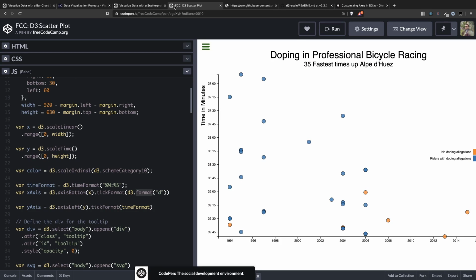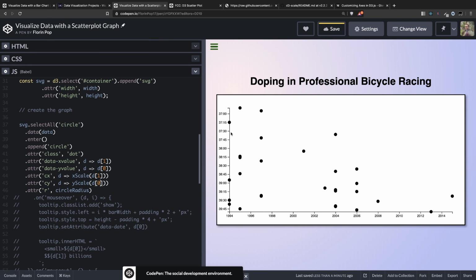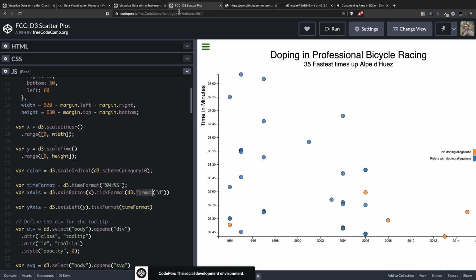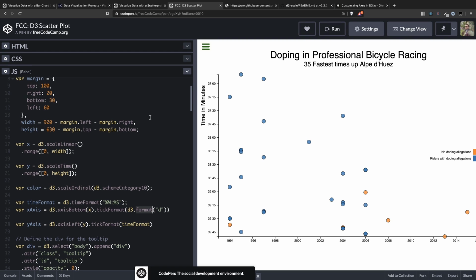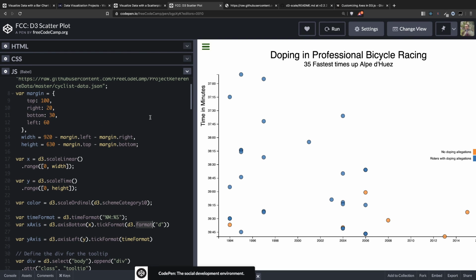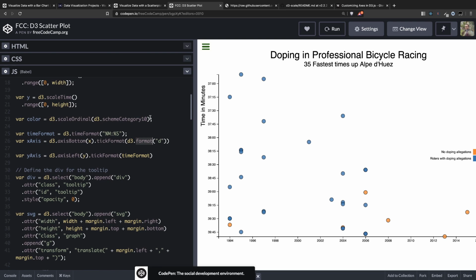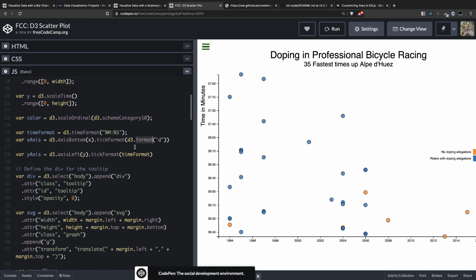One thing I see here, that this 1994 is right a little bit. Ours is exactly on this bar, which is not that great. What did they use to do just that? On the x-axis,